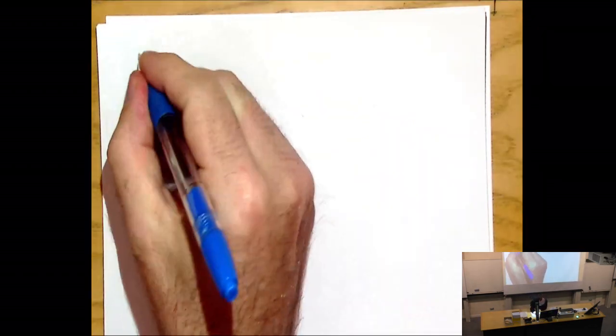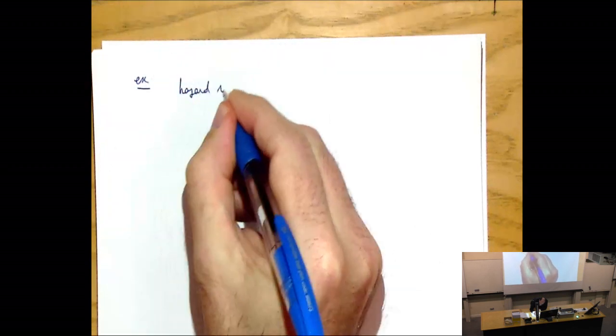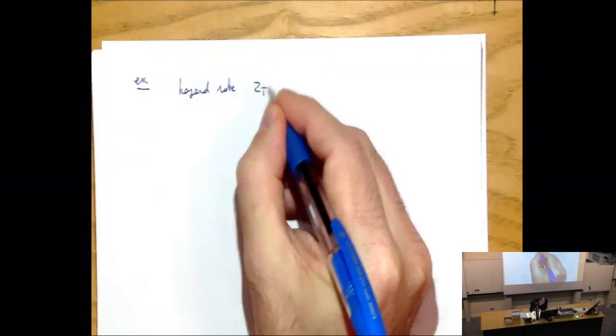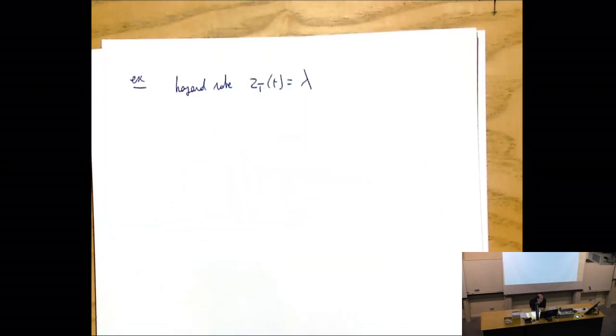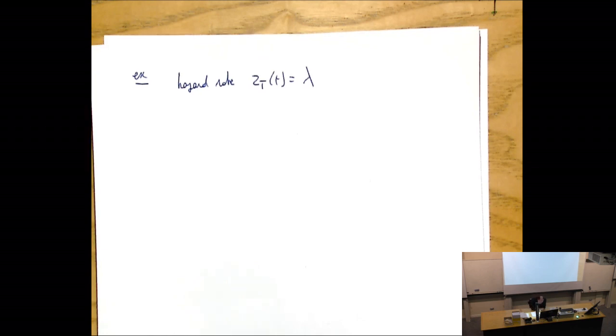So let's imagine that I have a hazard rate that is given by lambda. And lambda is a constant, right? So that means actually the proneness to failure is a constant, whatever the time t, right? So once we have this,